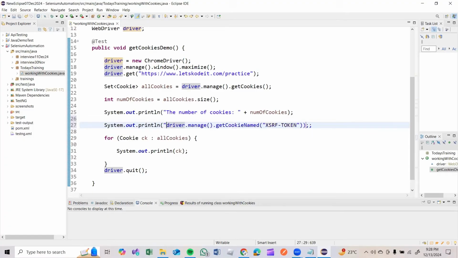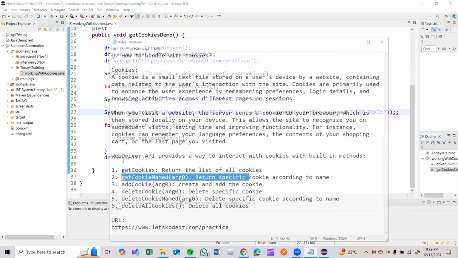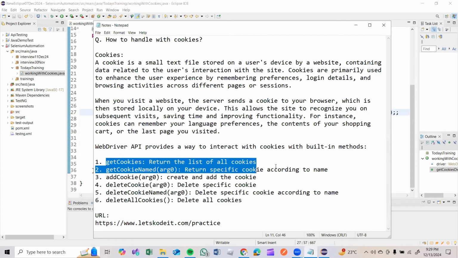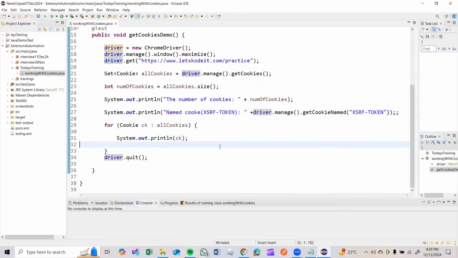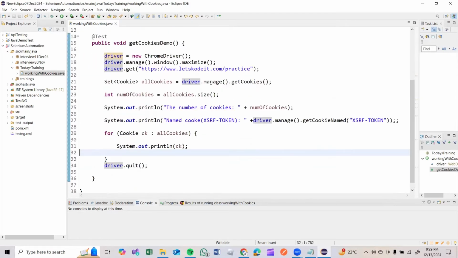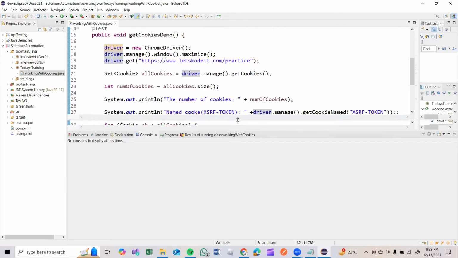So we can write some message here: named cookie. What is the name of the cookie? This is the name of the cookie. So we can provide it here like this. In this way, we have covered two methods, getCookies and getCookieNamed. So let's save it